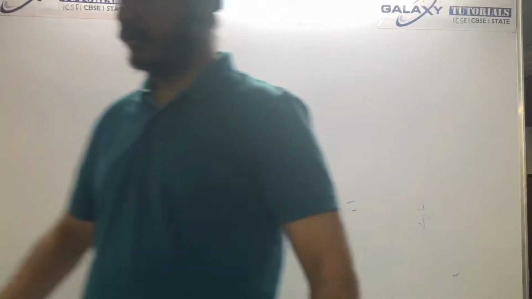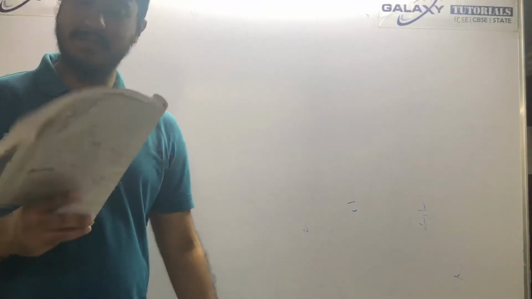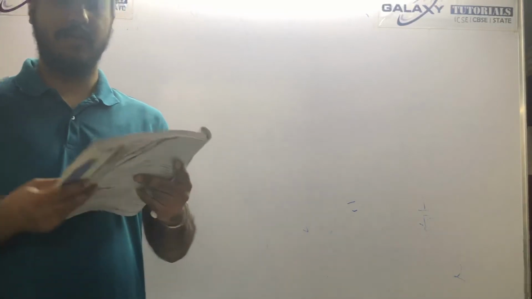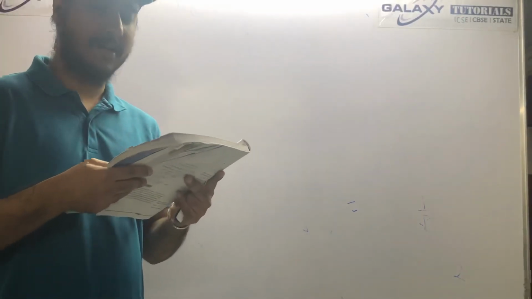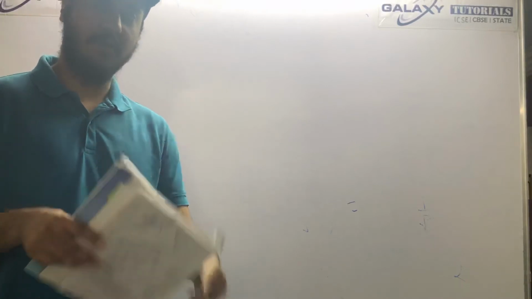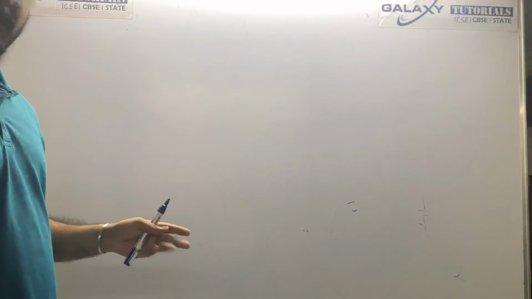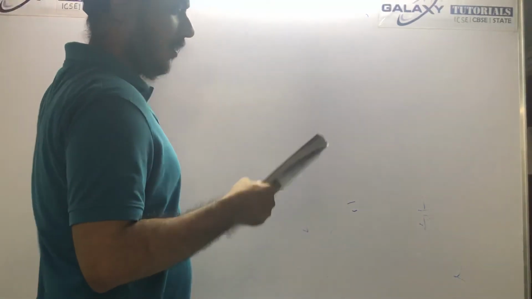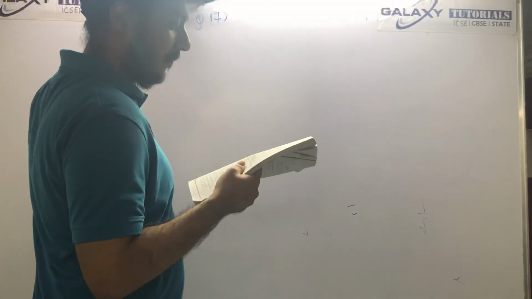Now let us do the last question of the exercise. Even though it is the last question, it is the biggest question. This question is even bigger than the whole 2 exercises you have done. These are the proof questions: prove the identities. These are some of the most important questions, and you will probably get them for a 5 marker or at least a 3 marker. So try to solve them very carefully. I will show you a general method for how to solve them.